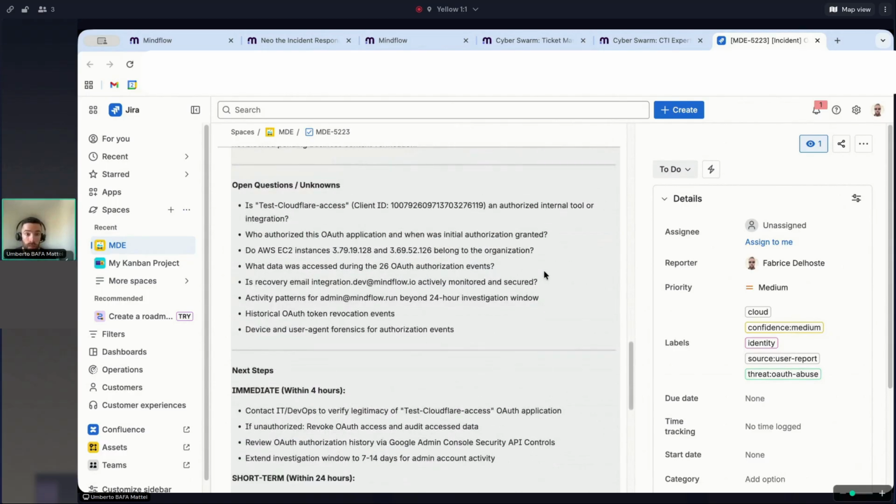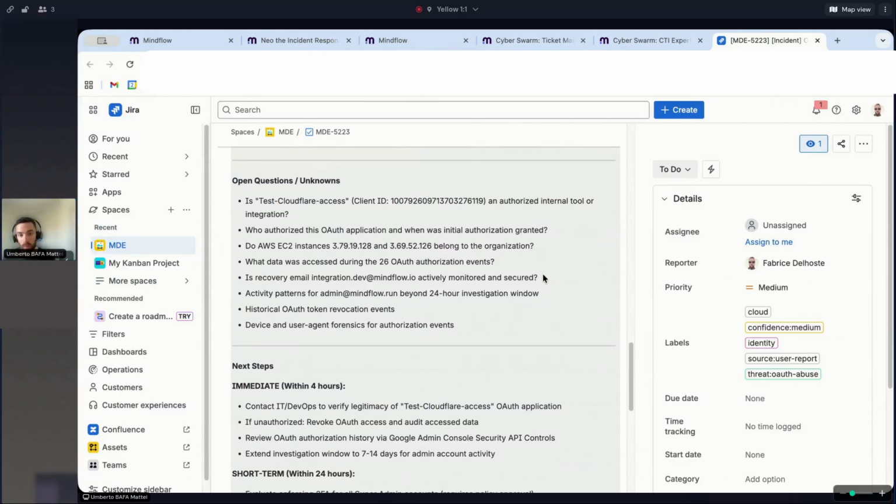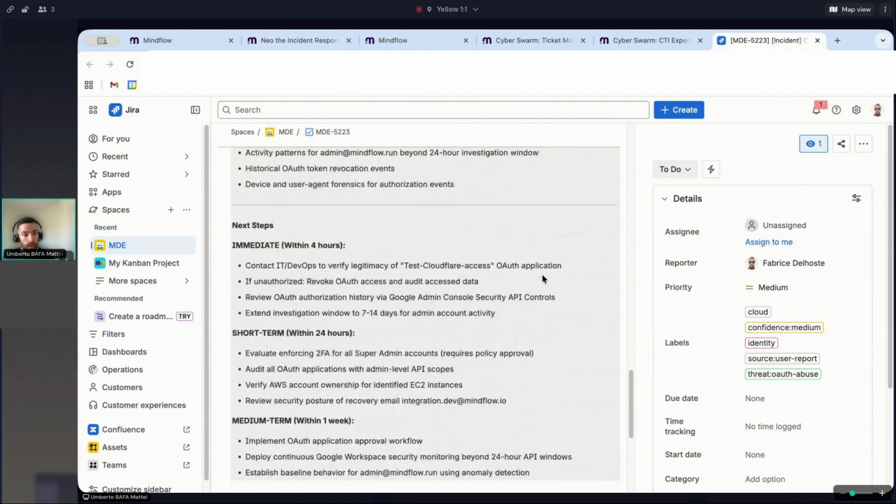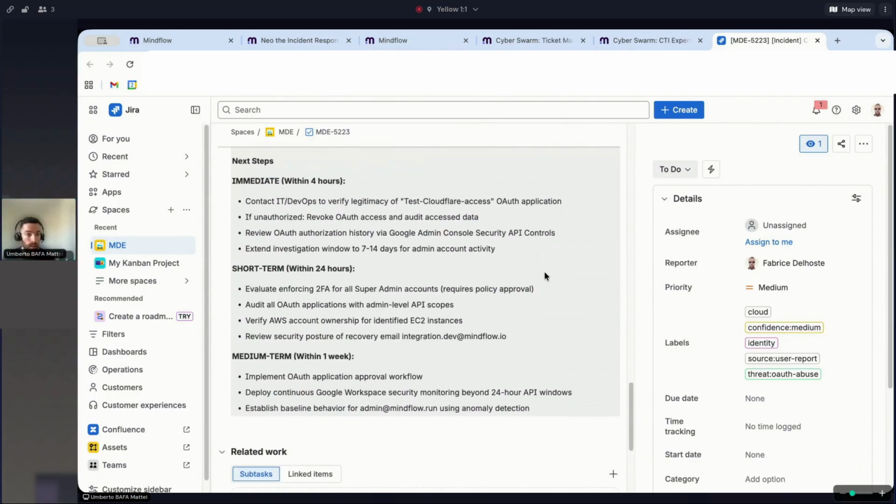We also have some things that may be unknown and that the agent couldn't necessarily retrieve, and those are the points where the human reviewing this ticket could go and look in order to complete the analysis. And then we have the suggested next steps, so that we have an actionable result in order to treat that relevant information.